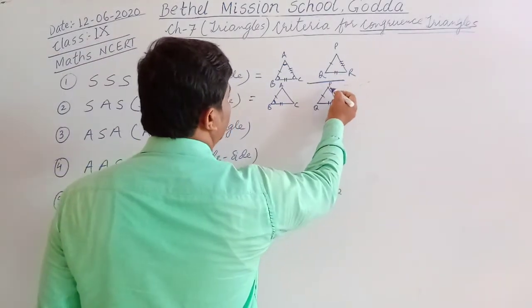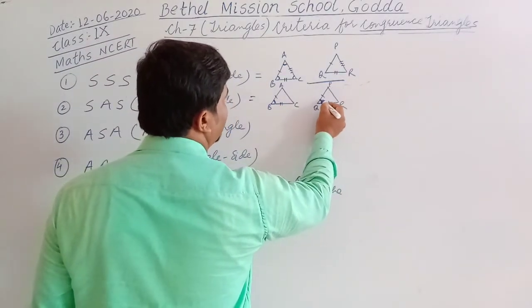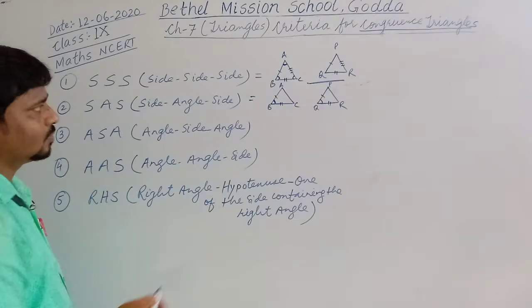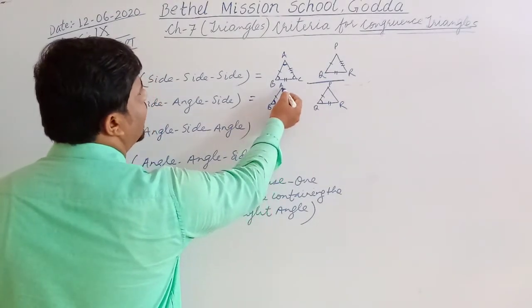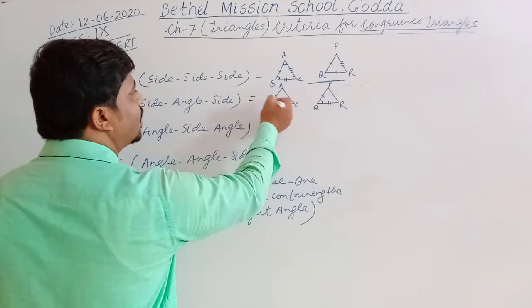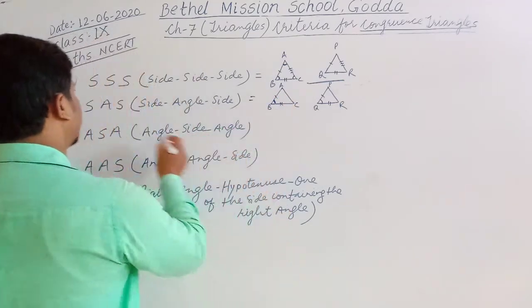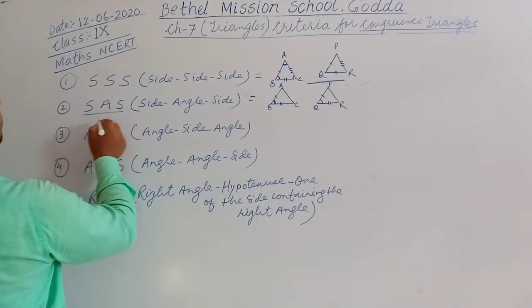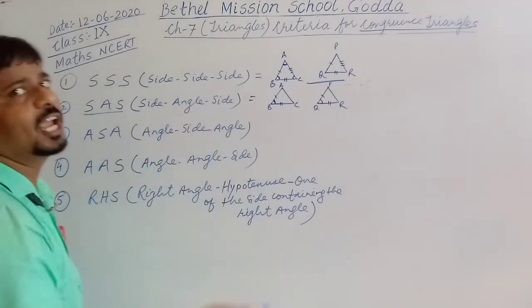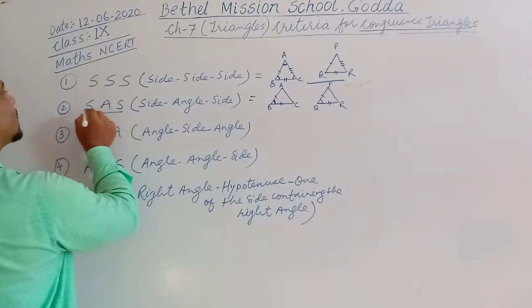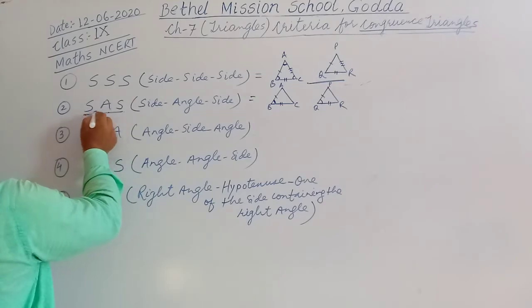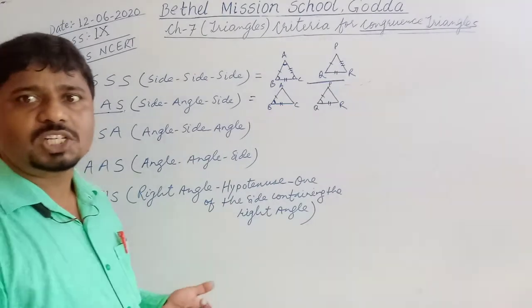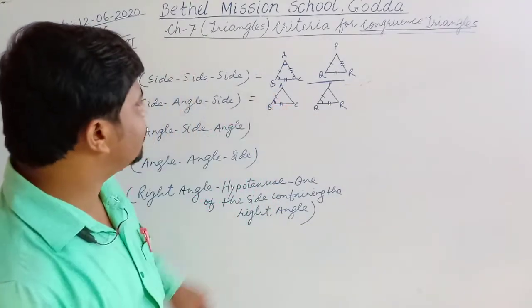The corresponding angle for this PQR will be angle Q. So that's why it is called two sides and included angle. Means those sides containing the angle, that angle is called included angle. So this property you cannot say ASS or SSA. You can write only side angle side. You cannot write ASS, SSA, otherwise the meaning will change. Okay, so this is the property.